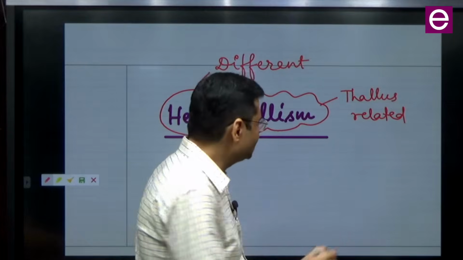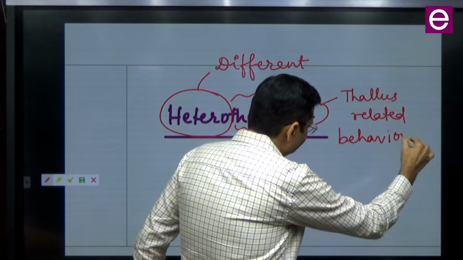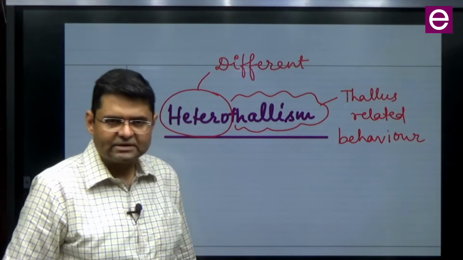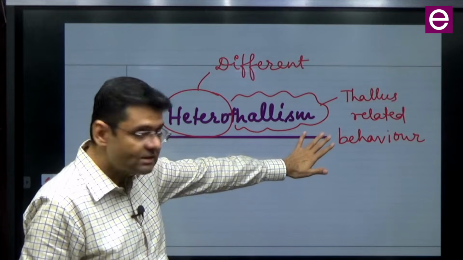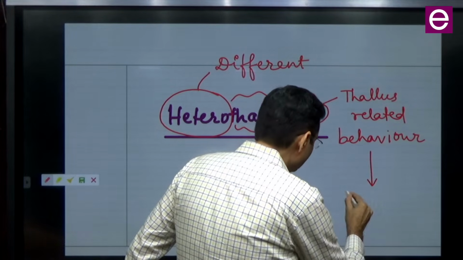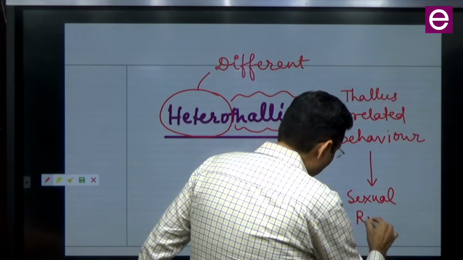So thallism means thallus related behavior. We understand that? What is heterothallism? But what thallus related behavior are we talking about here? In this case, we are talking about sexual